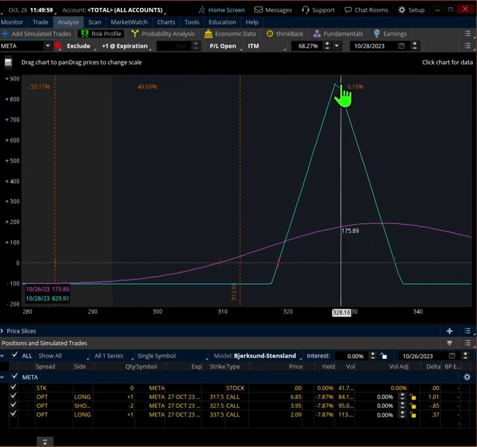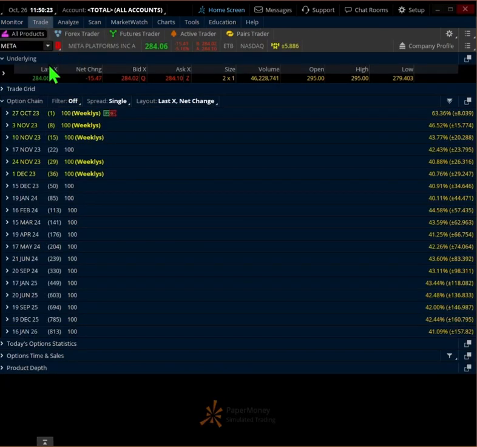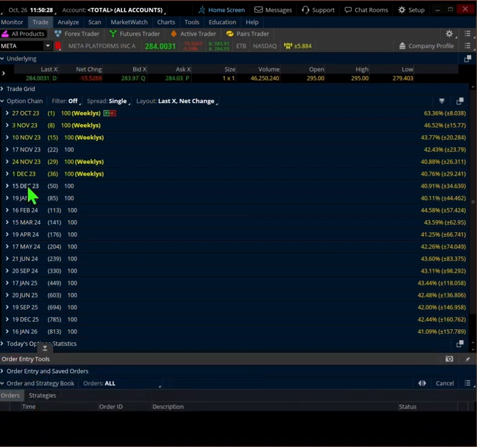So here's our risk graph, and let's see, where is Meta trading? Meta's 284.14. Okay, so we're right down here. We're at max loss here. There's really nothing to do with this thing, but just for the sake of showing this, let's take a look here,